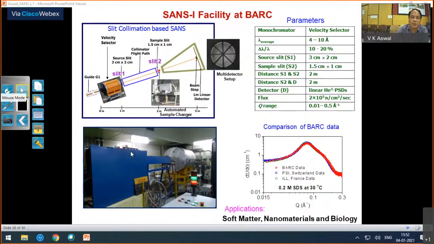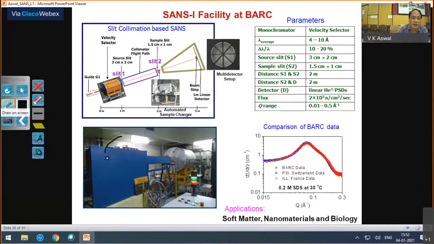So this is a photograph of this slit collimation based facility at Reactor VRC. So as I said, it's a 5 meter long instrument. Inside this shielding, you will see the velocity selector, which looks like this. This one actually. So basically, it's a rotating cylinder with helical slots, and the